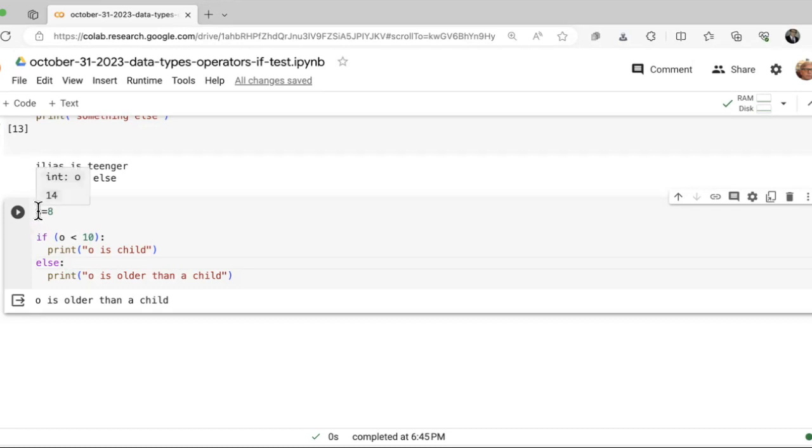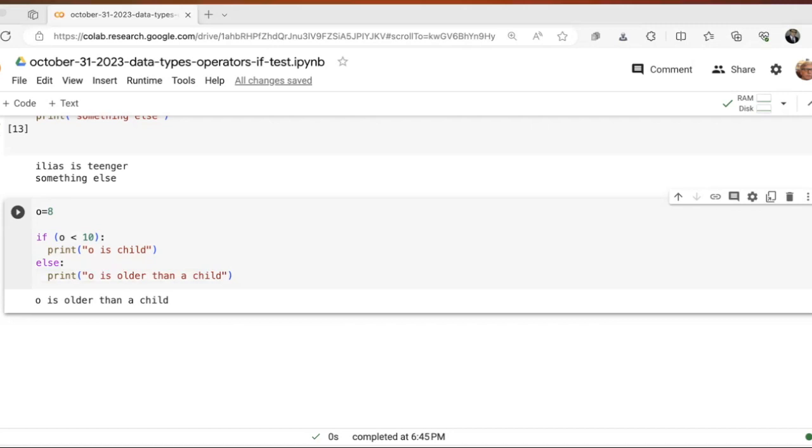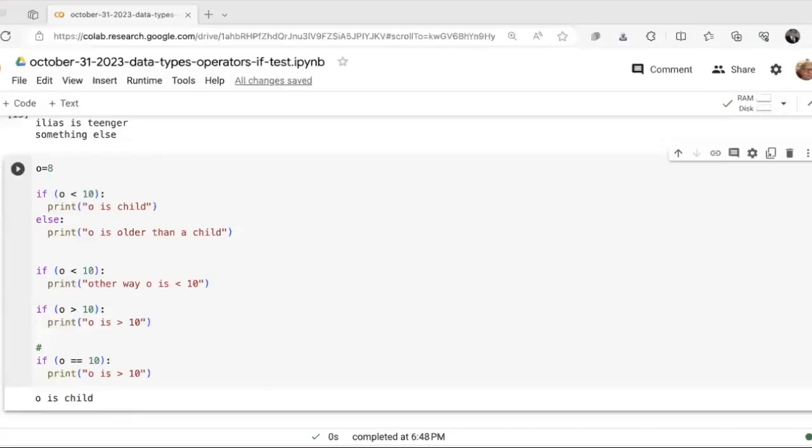Okay, what is this going to do? If I change this to 8, what's it going to do? It's gonna say 8. Where does it say print 8? Up. It says print 0. Okay, so